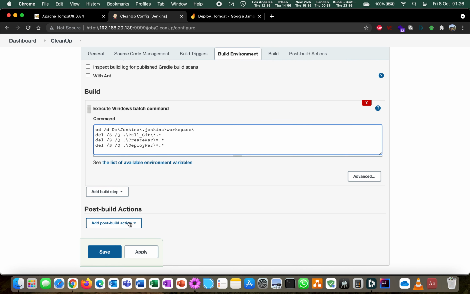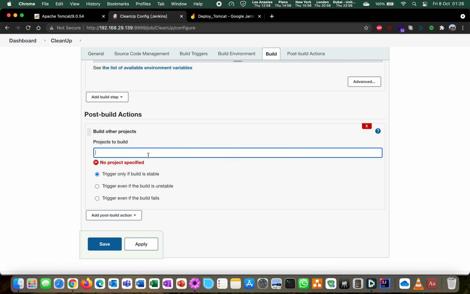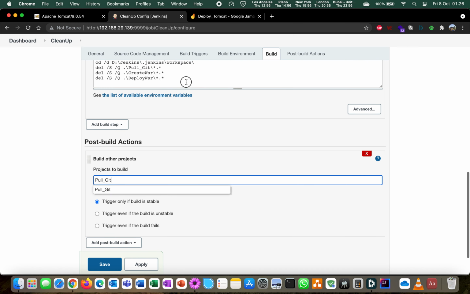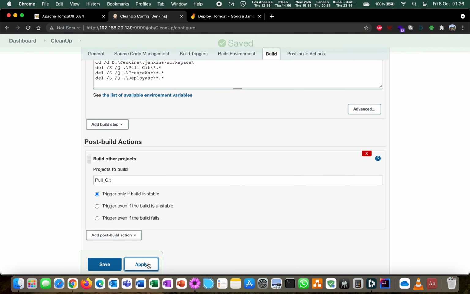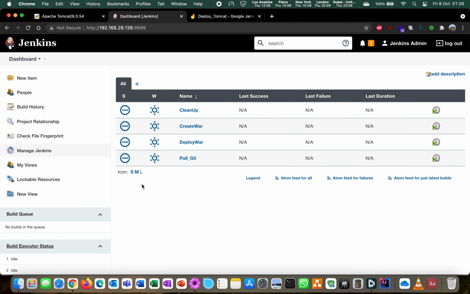Right, in the post build step, we need to just build another project, which is pull underscore git, and click on apply and save. Right, so all these jobs are created. Now let's execute this one by one.